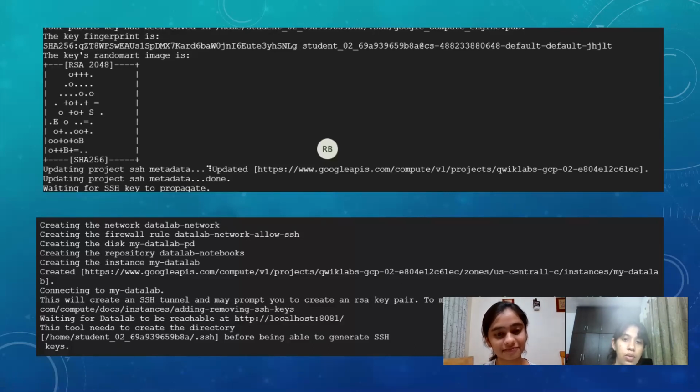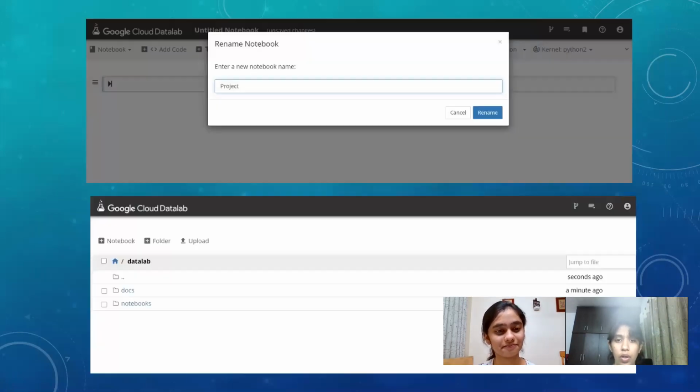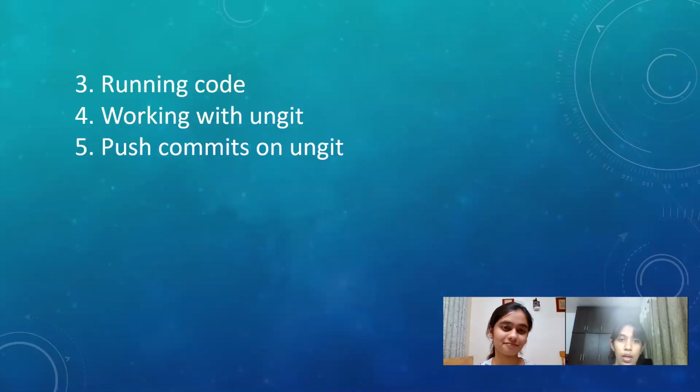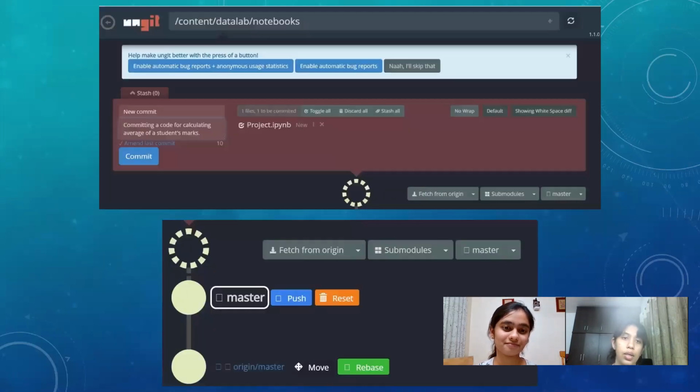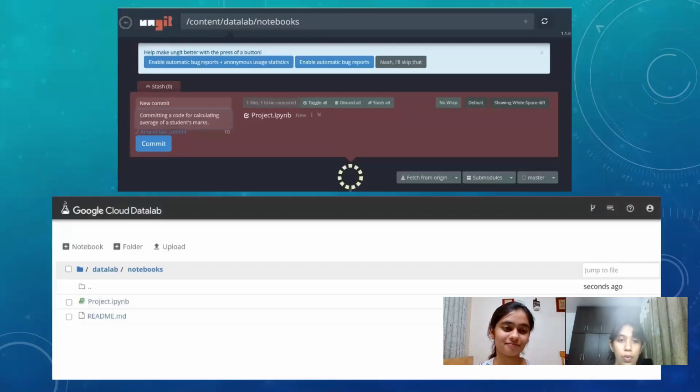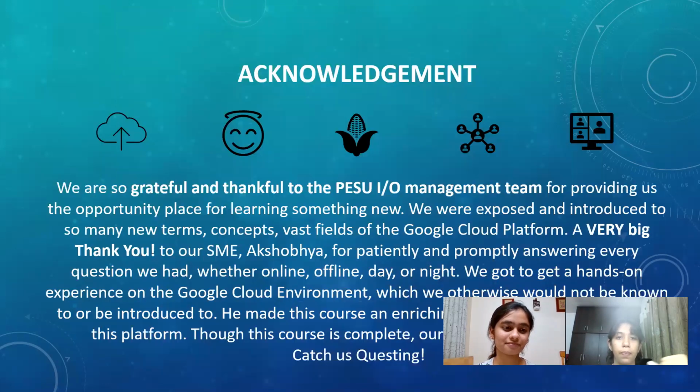Set up all the SSH, the networks, the firewalls, and we could create a new notebook. This was just the code, and that's the output. And here is a new commit, the message of the commit, and pushing it.